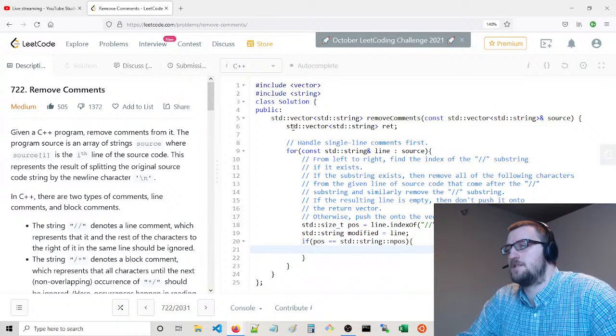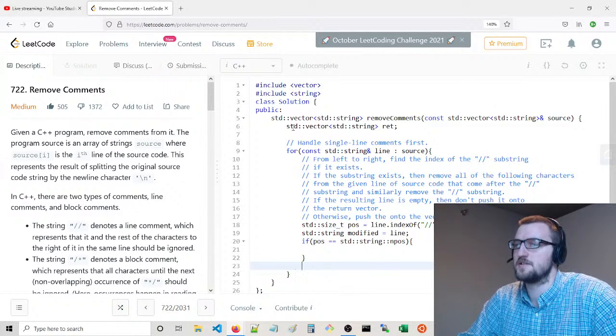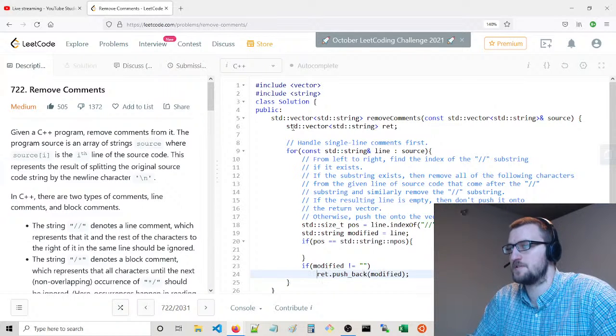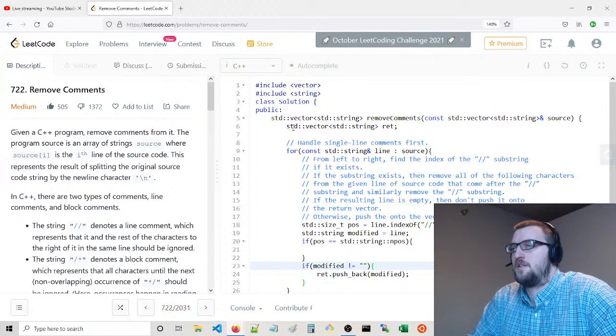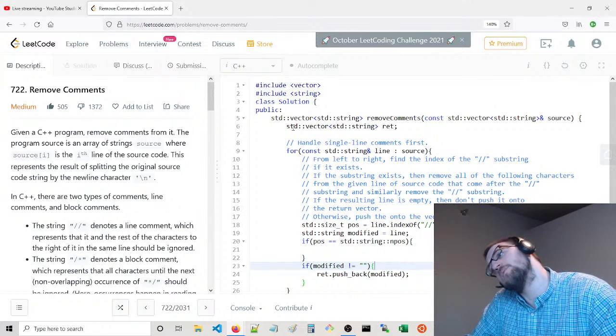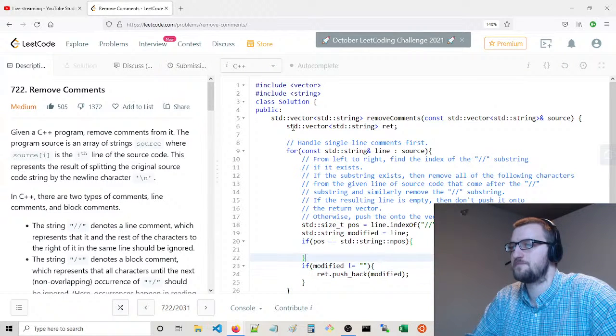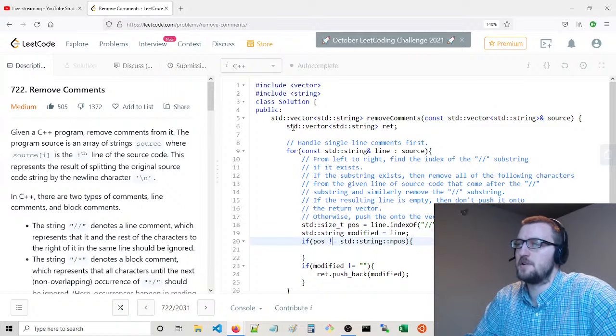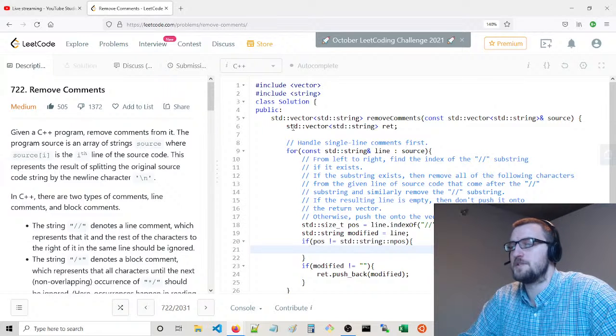Then I think in any case we're going to say ret.push_back modified. So if modified is not equal to the empty string, then we can push back modified. If we go off the edge, then modified won't be changed. If we don't go off the edge,